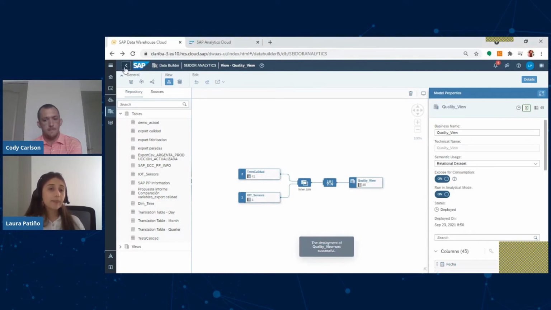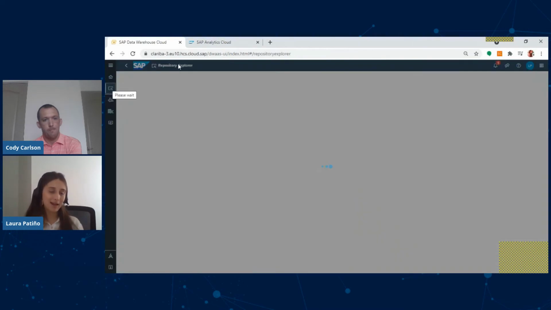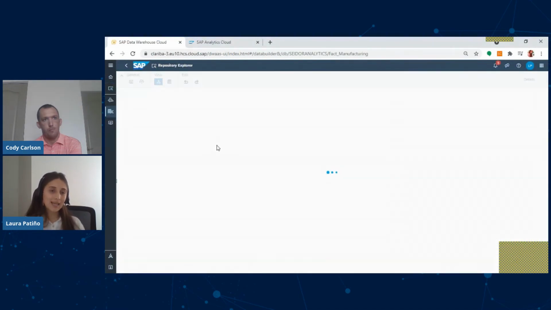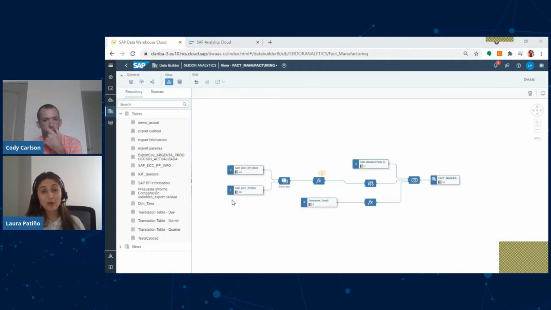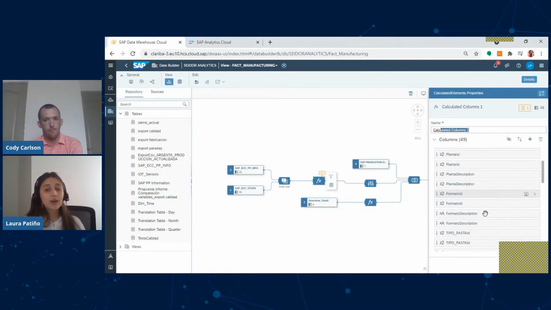Okay, so now this is all about how you can create your pipelines. But I would like to show you another, a little bit more complex data flow. In this case it is for a production process. As you can see, we have different data sources. We have information from an ERP. That information, we join it, and we created a function.